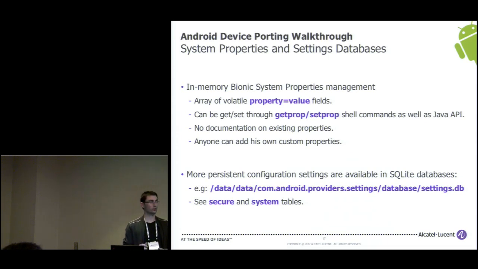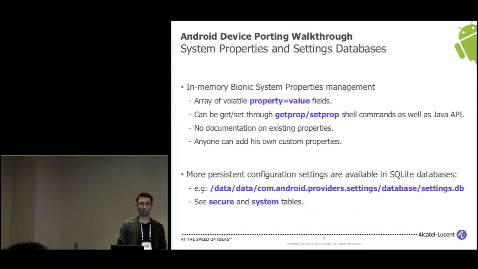And all these values can simply be read and set through either the getprop and setprop shell commands, but they also can be accessed within the C API, and also within the Java API. Unfortunately, no documentation actually exists about the existing properties. There are a lot of properties, but you have no exhaustive list that will tell you what the properties are and what the default values are. Every application just declares its own, and any application that you write can create new properties and assign any new values. So you're pretty much on your own on that.